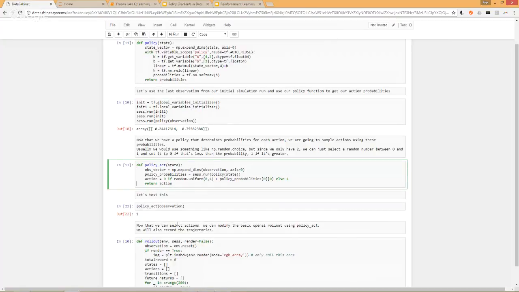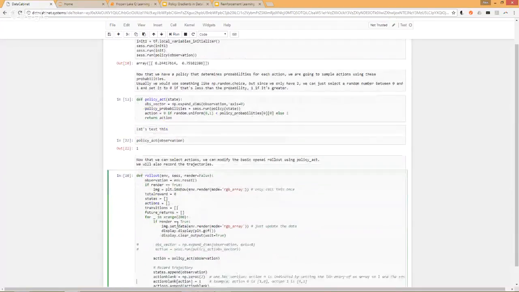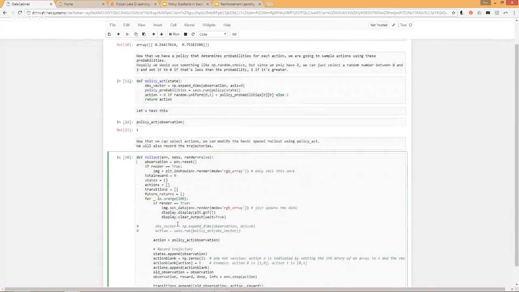And all we're doing here is, now that we can select actions, we're going to use a policy action instead of a random action, instead of this random sampling to choose that action. And so you can see down here, we're going to define this rollout function, and there's a lot of stuff here, but the most important part is that it's exactly the same as before. We reset the environment, and this is just some hacks for the display. These lines, total reward, states, actions, transition, future rewards, this is more so